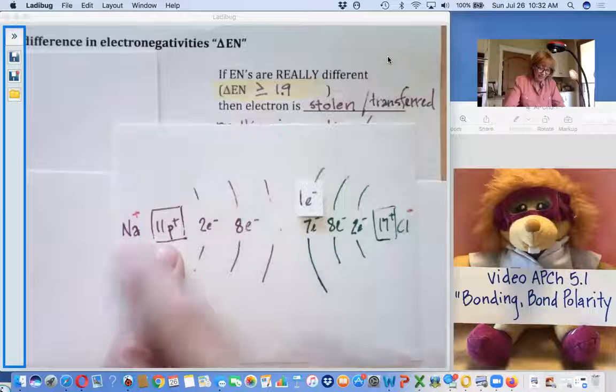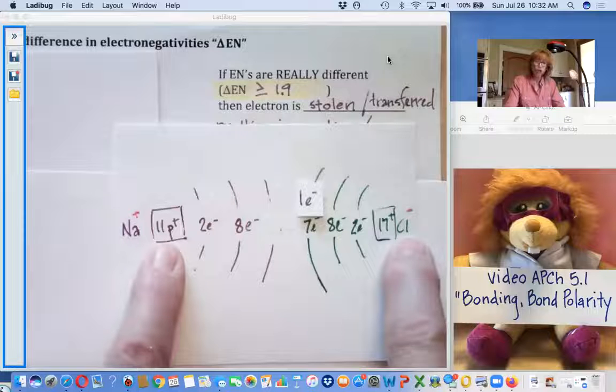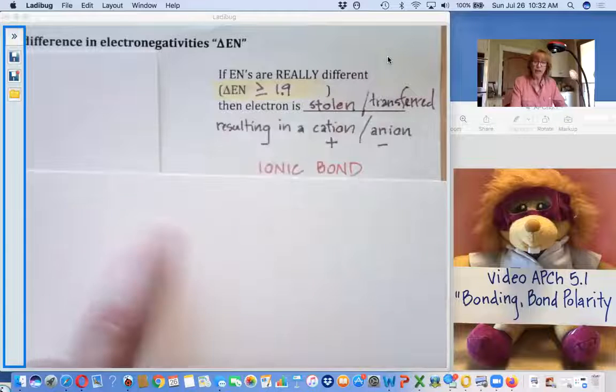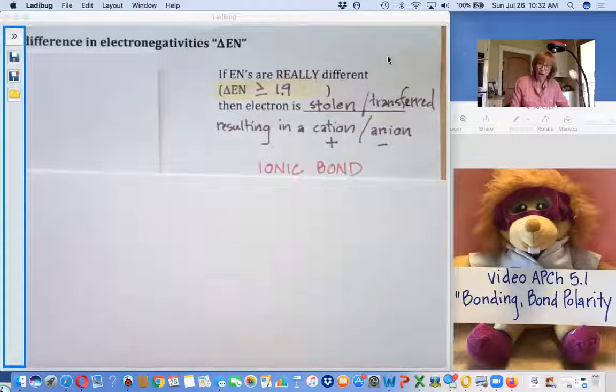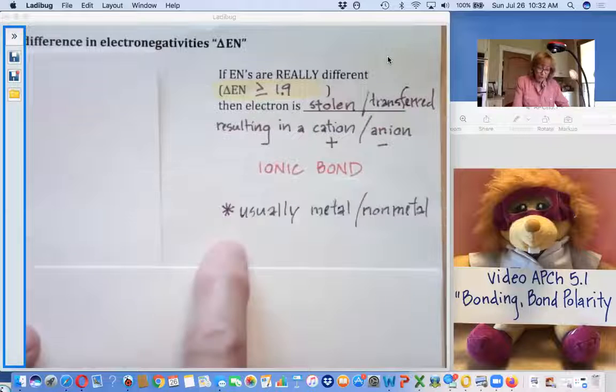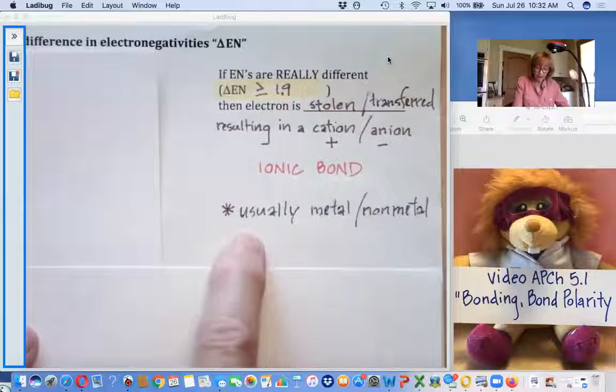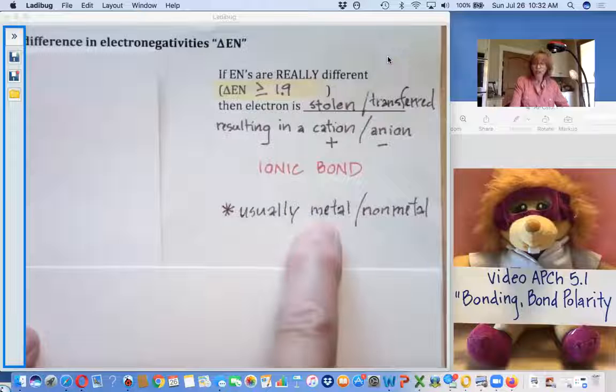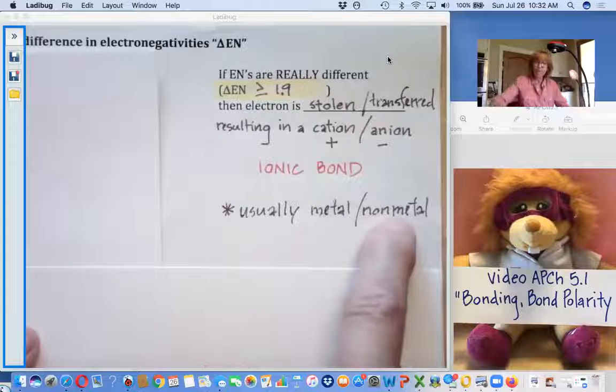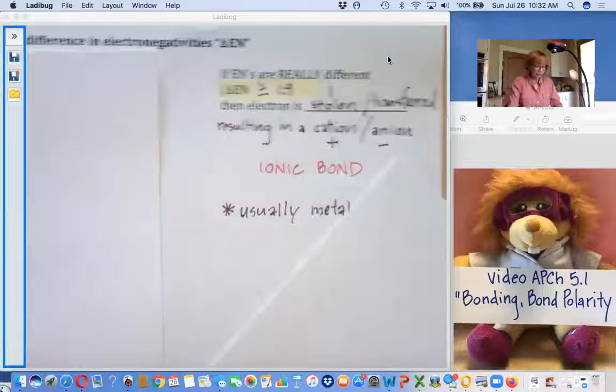So cation and anion are coulombically attracted to each other, and that attraction is the ionic bond. We learned in first-year chemistry to simply look for a metal bonding with a non-metal. All right, now let's consider if the